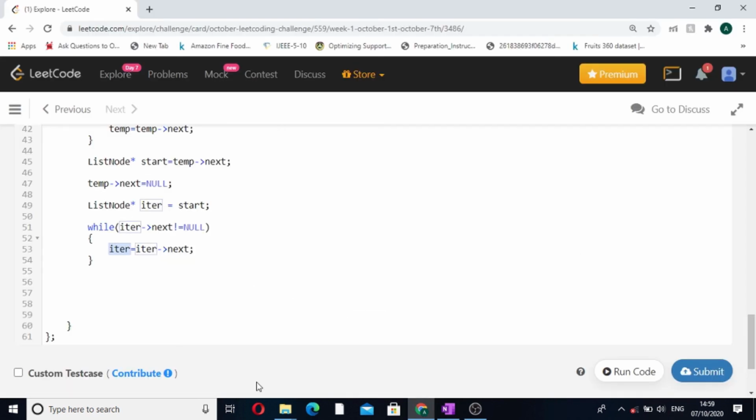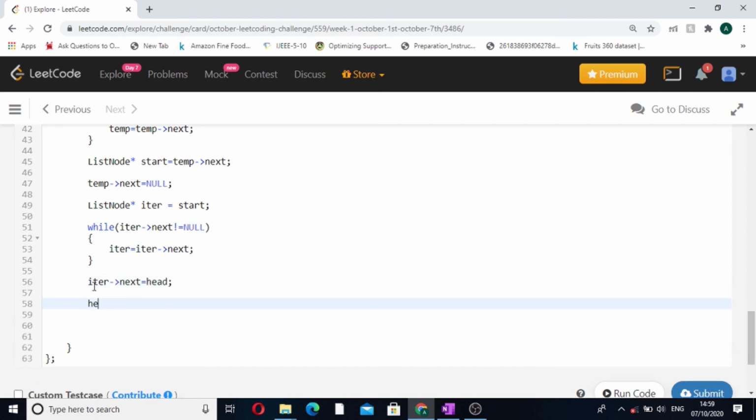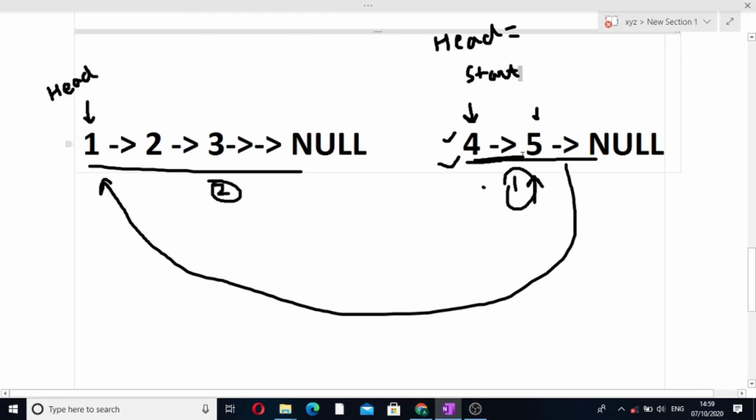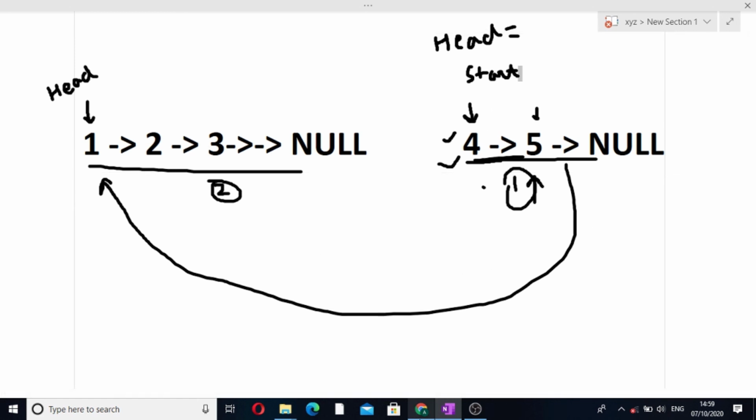We will just update next pointer of iter equal to the current head which was pointing to 1, and we will make our new head equal to the start, and return head. See, our iter was pointing to 5, we have pointed iter's next, that is 5's next, to 1, and we have made a new head as start. So now when we iterate our list, it will be starting from this fourth value. So 4 5 then 1 2 3. So this was the code.